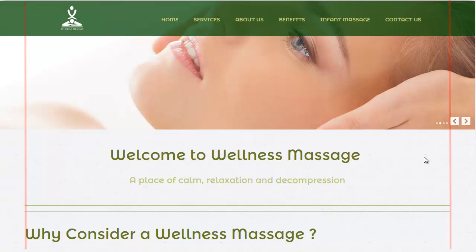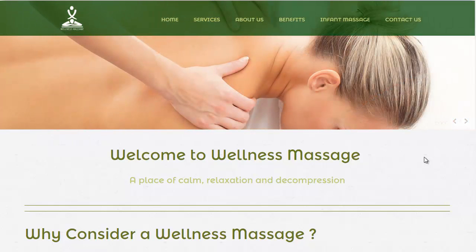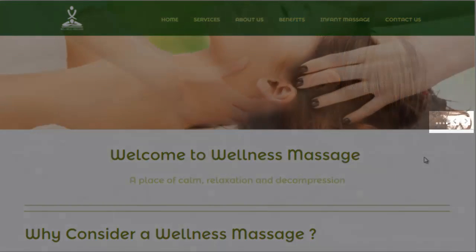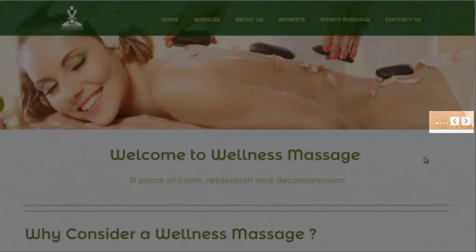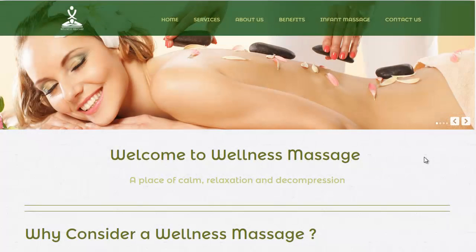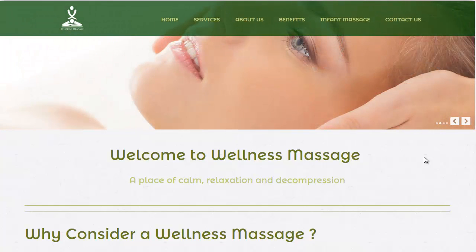Now on this slider, you'll probably notice that although it's a slider, the images are actually fading between images rather than sliding. And on this slider, the navigation option is a couple of little white navigation arrows and buttons. But if we look at a different page on the same website,